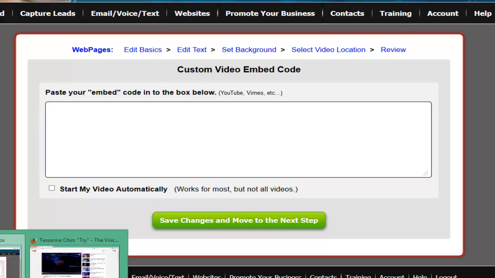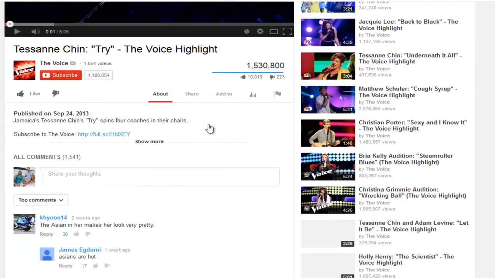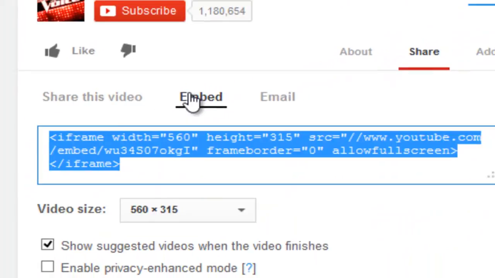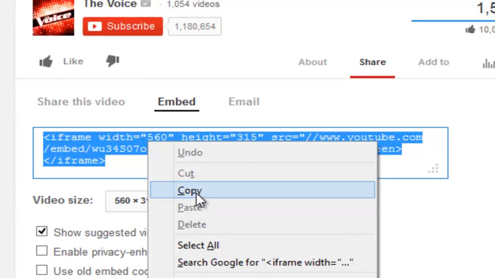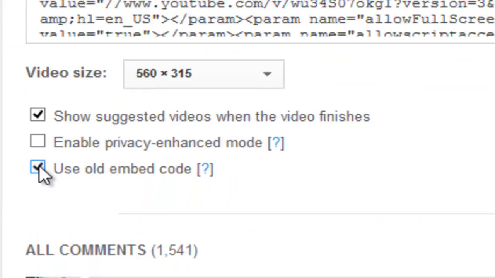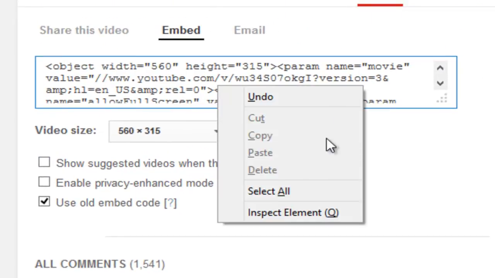Well, I'm going to bring us over to YouTube. Every single video on YouTube, it's very simple just to grab the code. All you're going to do is find the video that you want, click on Share, click on Embed, and then just copy that code. And oh wait, before you do that, I would click here where it says Use Old Embed Code, and then uncheck this Show Suggested Videos when it finishes. So I'm going to copy this,